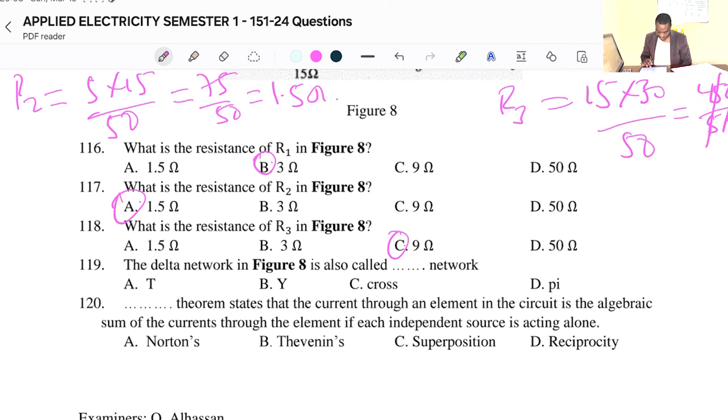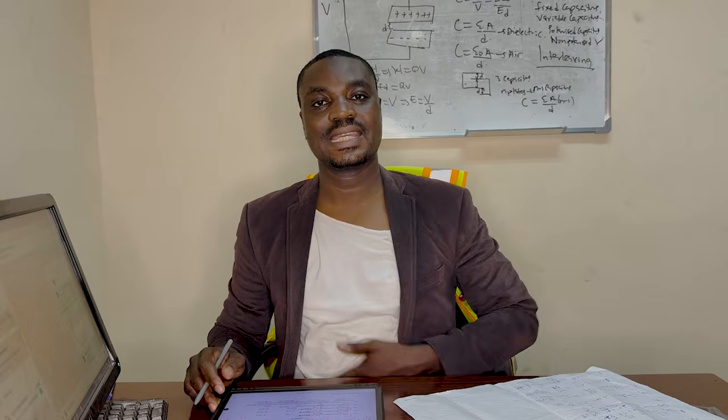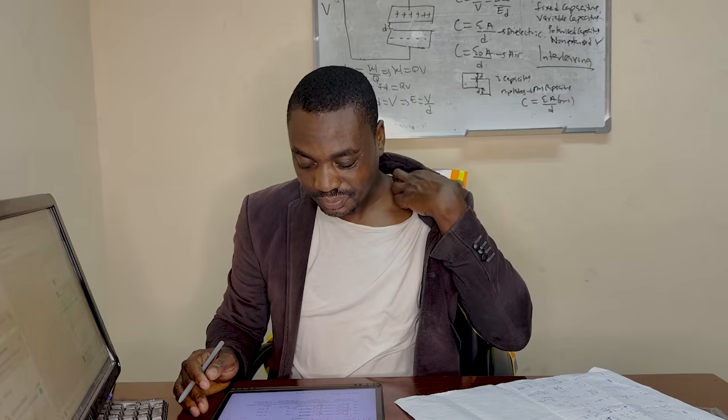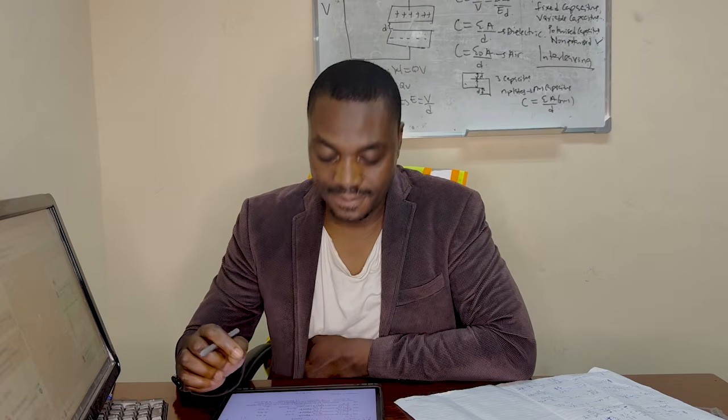The delta network in figure 8 is also called, you can call this a pi network. Question 120. The theorem says that the current through an element in the circuit is the algebraic sum of the currents through the element if each independent source is acting alone. That is the superposition theorem. So that is the end of the questions for the first part of the